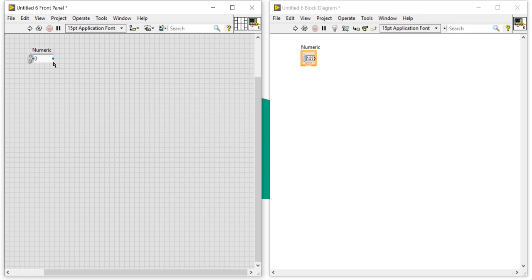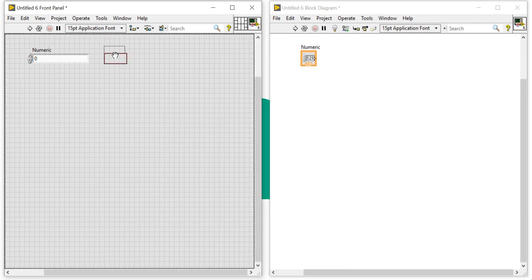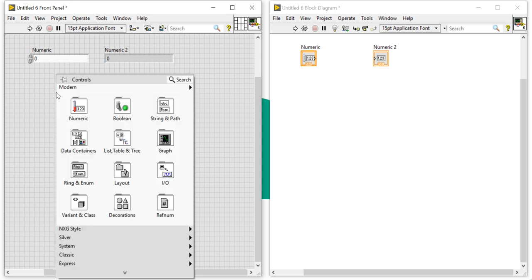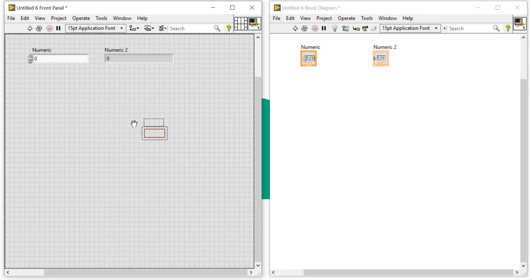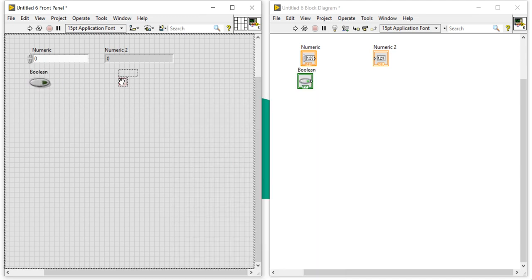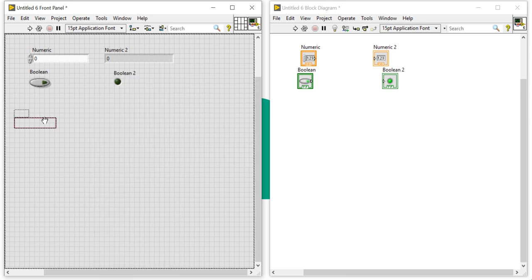No need to write anything, just numeric. It's a numeric control. Take a numeric indicator. Take a boolean control and take a boolean indicator. Take a string control and take a string indicator.